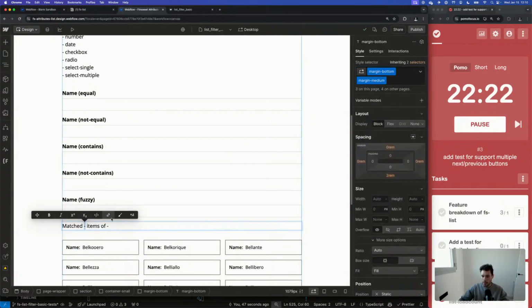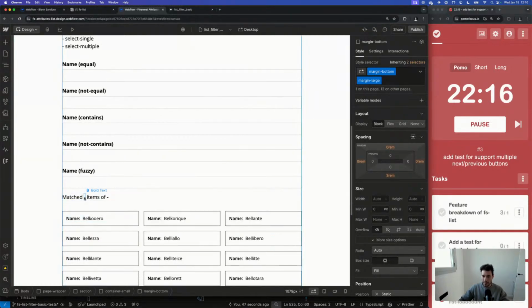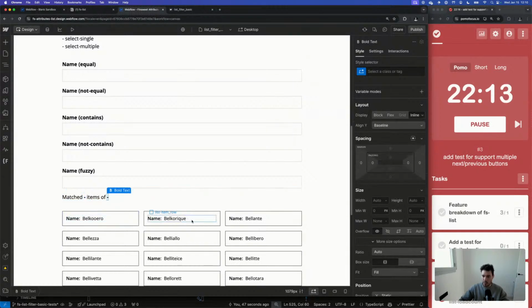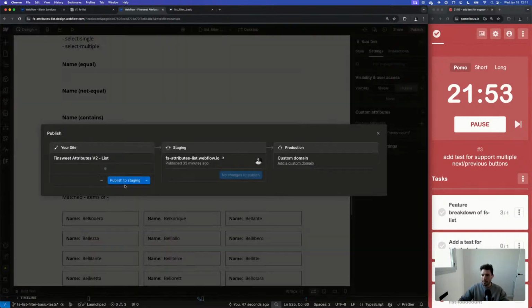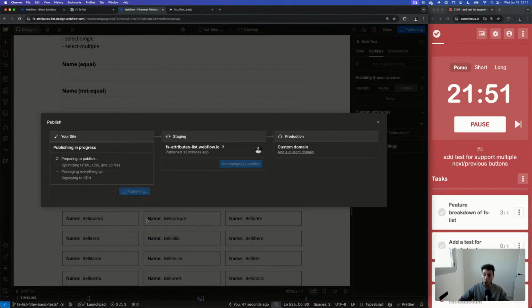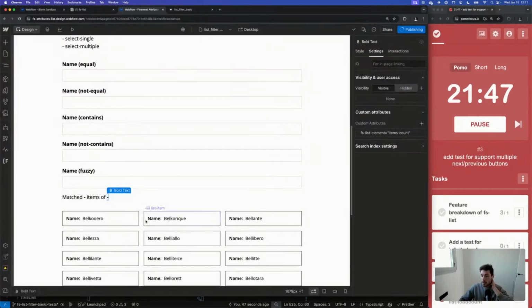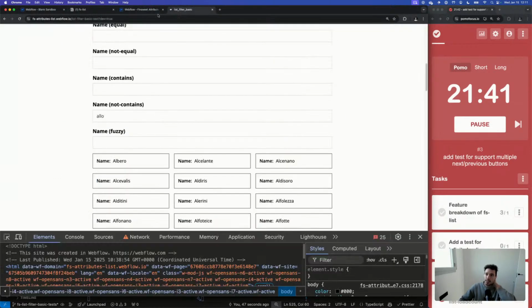Yeah, let's do that, because this helps me make sure that when we are testing, we're always getting the same amount of results, not only checking for specific items to have a value. So this can be fs list element results count, and this can be fs list element items count. I think the name already tells, but essentially the items count tells me all the items that are loaded, and the results count tells me the items that are filtered and match those filters.